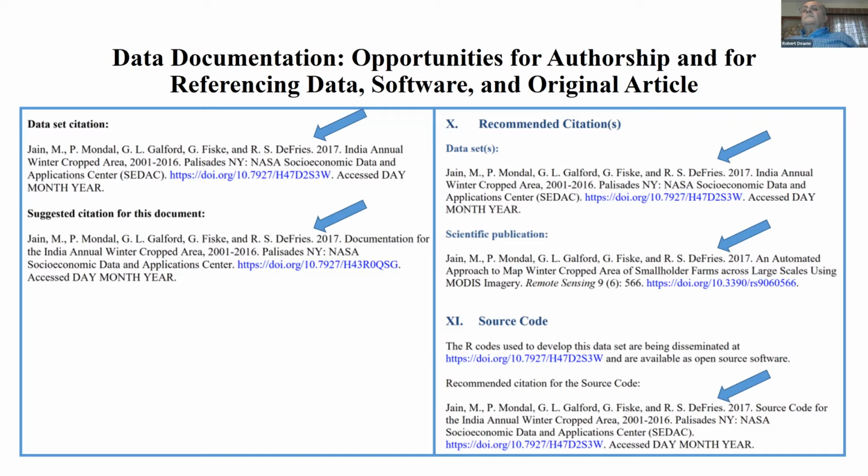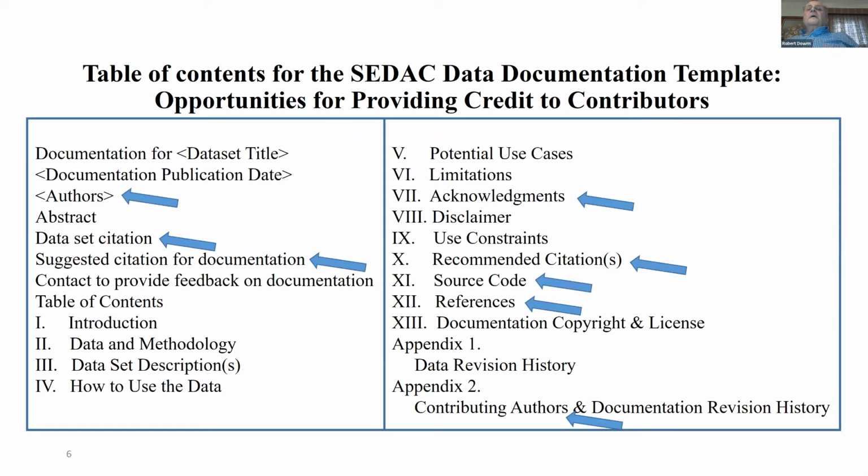Further on in that same documentation, you'll see a recommended citation for the data set, for the scientific publication, and for the source code as well. And so here you've got a few different entities or resources mentioned, artifacts. Looking at the Cdec data documentation template, we can see there's lots of opportunities to give credit